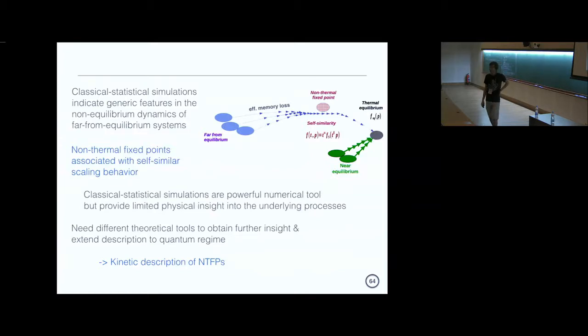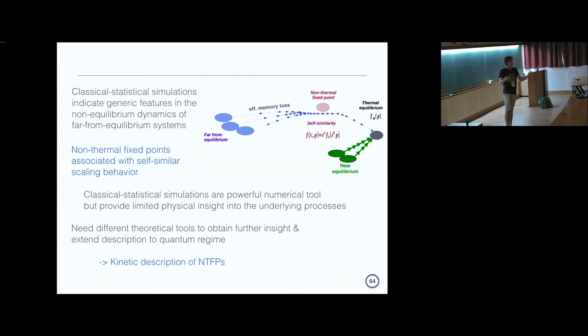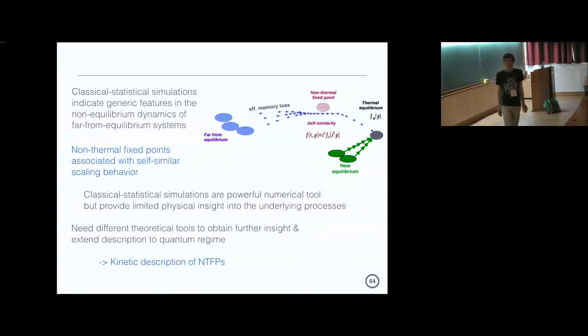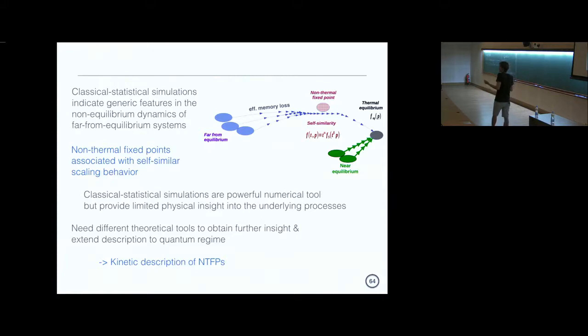Now the problem with that is the tools that we have at hand so far, which are these classical statistical simulations. They're really very powerful tools in the sense that, after making the classical approximation, we don't have to make any further approximation. We can really study the full dynamics non-perturbatively, essentially. So they're powerful numerical tools, but on the other hand, they also provide us with rather limited physical insight. We know how to compute everything, but from just being able to compute, we don't necessarily get a much deeper understanding of, for instance, what is causing this scaling behavior, or how we can understand the values of these exponents and so forth.